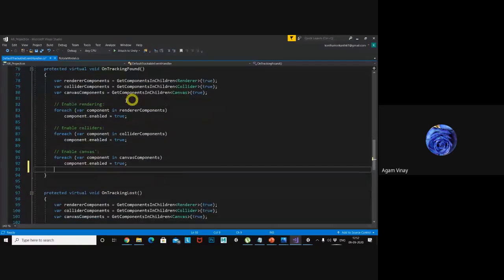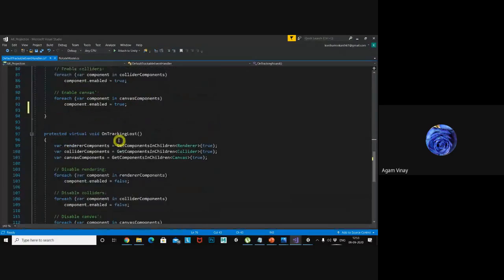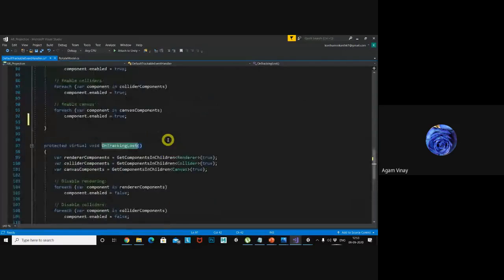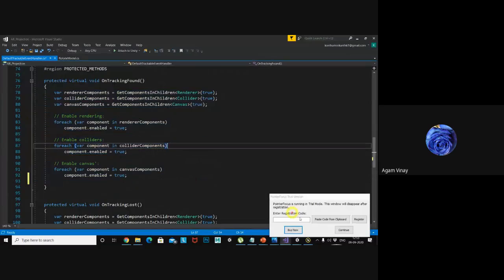In this script, whenever the tracking is found, the character has to walk or jump according to your wish. Here is the script for whether tracking is found or not for the AR.